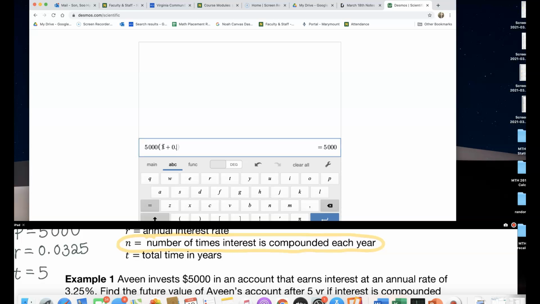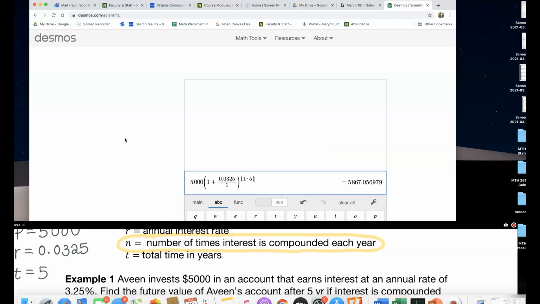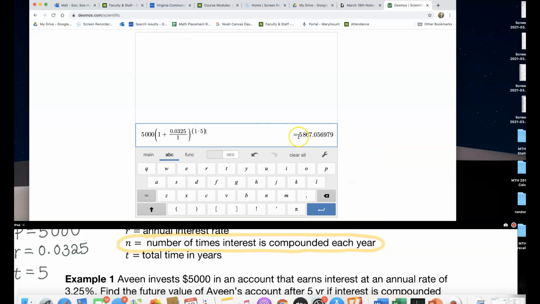0.0325. I'm so glad I caught it. 0.0325 divided by 1. And then outside the parentheses, I'm raising this by 1 times 5th power. Do you see what I typed? I wonder if I can zoom in better, but this is as far as I can zoom in. But as you can see, the amount of money is